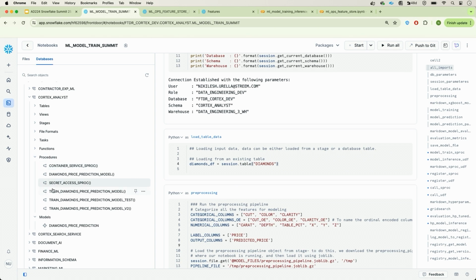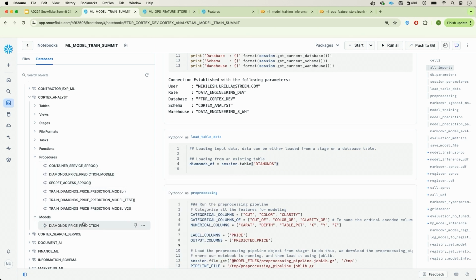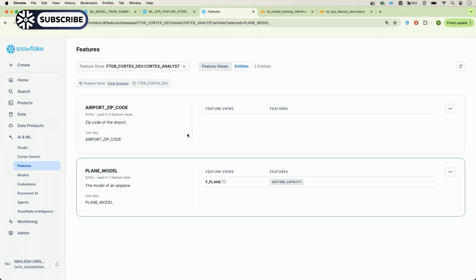Those are all stored as stored procedures, and you can see all the models appearing here. I also just want to show a quick glimpse of the feature store usage, clicking into entities,